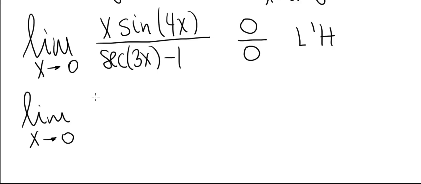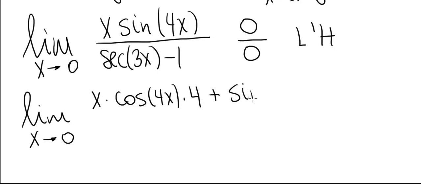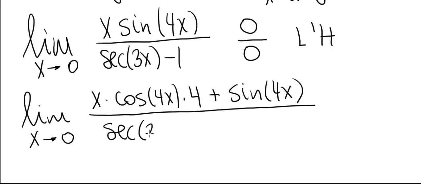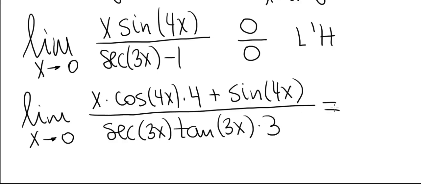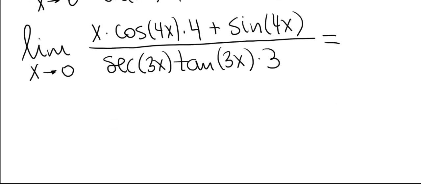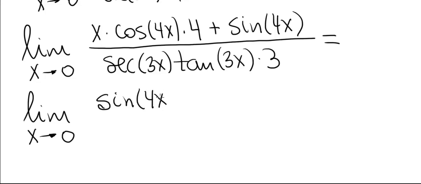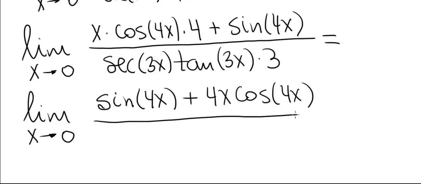To take the derivative of the numerator, we have to use the product rule. So x times cosine of 4x times 4 plus sine of 4x. This is the derivative of the numerator. And the derivative of the denominator is secant of 3x times tangent of 3x times 3. So let's rewrite this by simplifying and making it look neater. This is not another application of L'Hopital's rule. It's just cleaning things up. The numerator is sine of 4x plus 4x times cosine of 4x, and the denominator is 3 secant of 3x